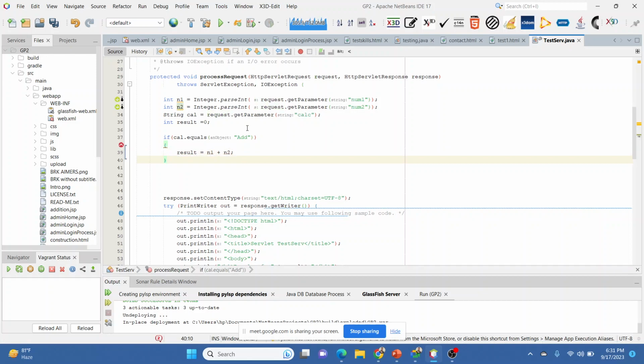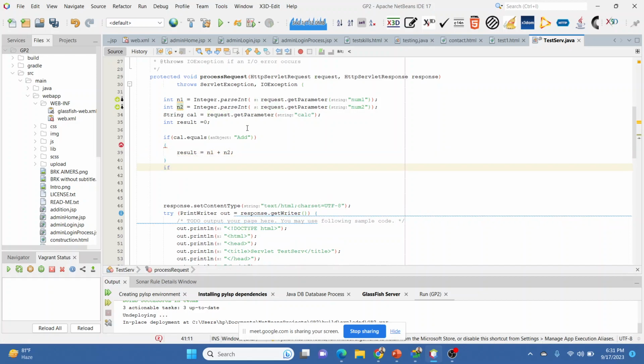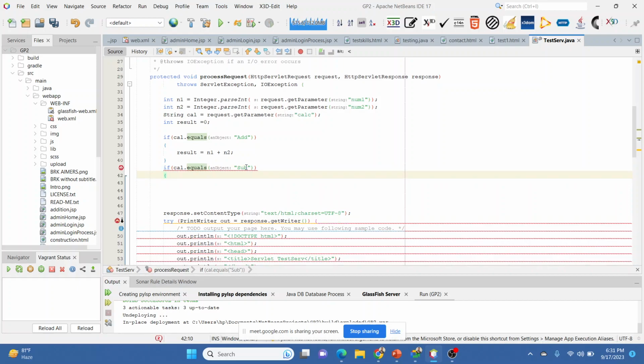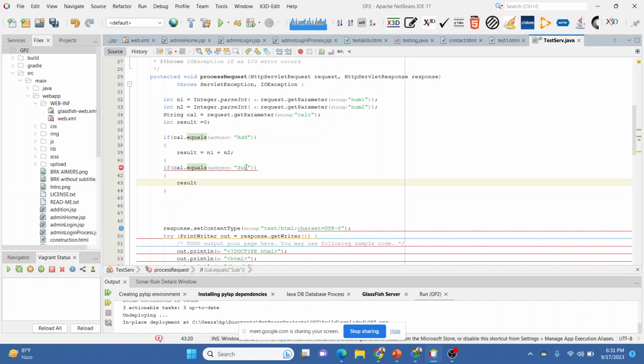So it's going to add both numbers. If cal dot equals sub, so we are going to perform subtraction. So result is equal to n1 minus n2.